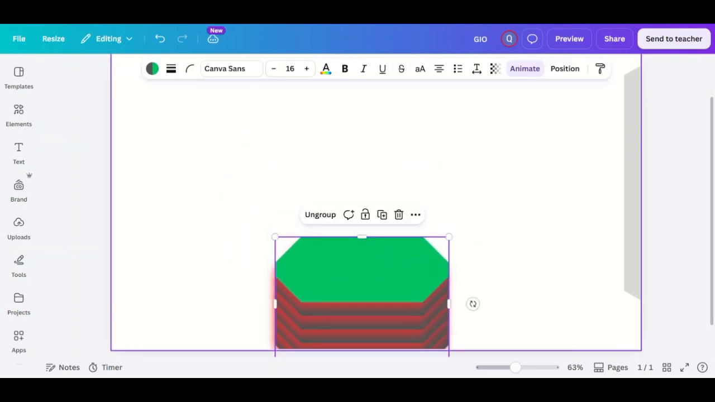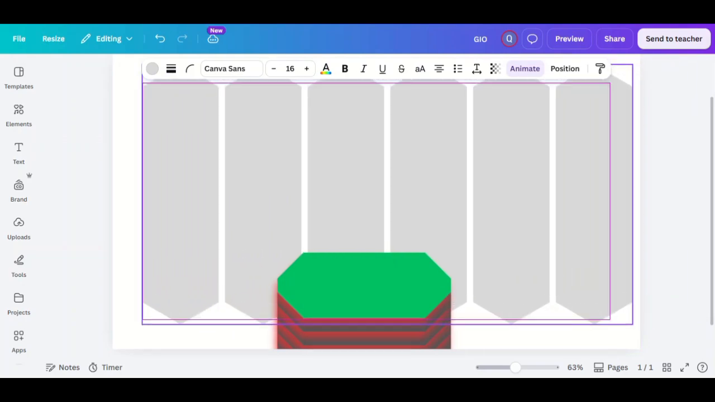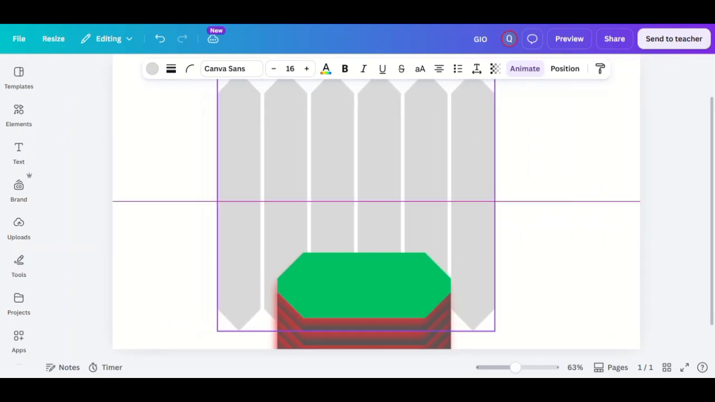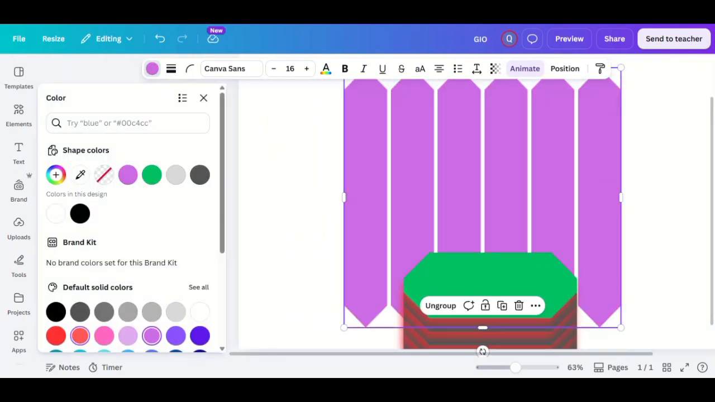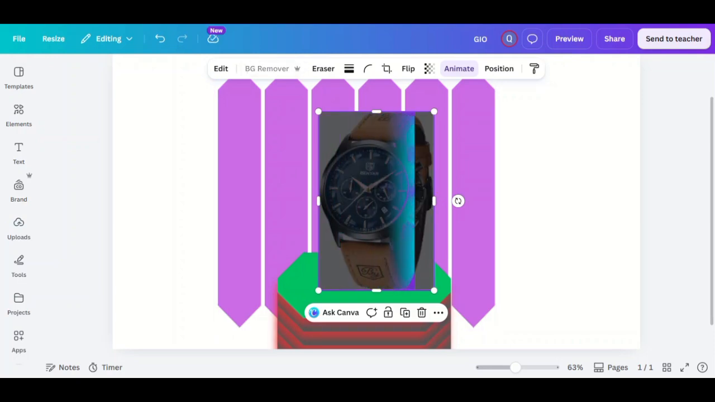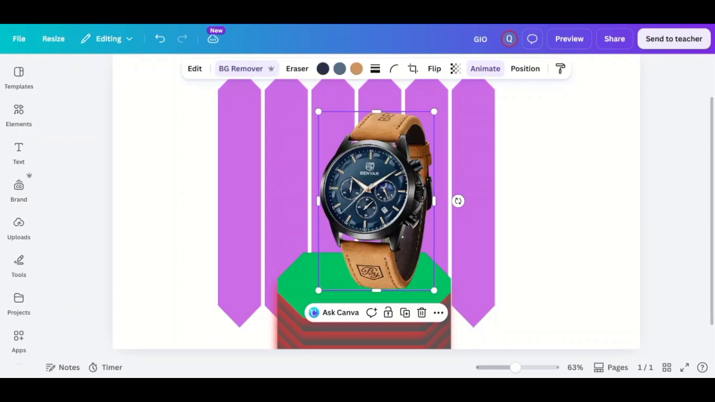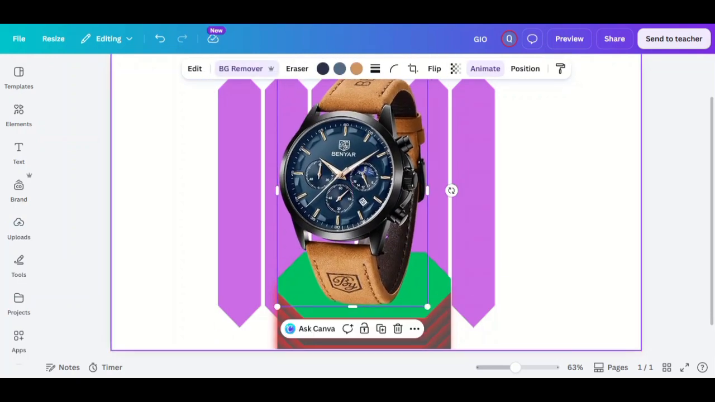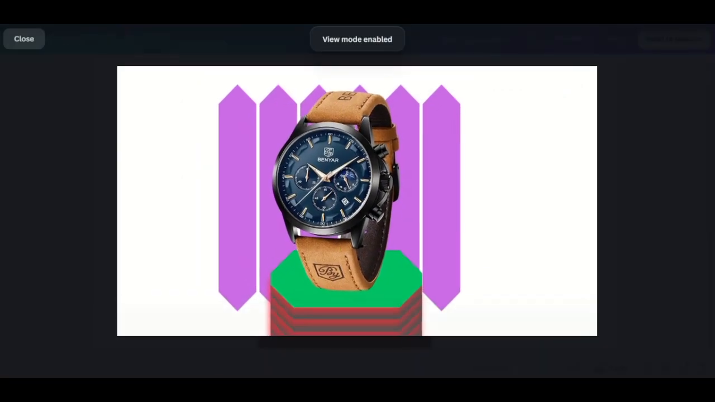Upload your product image and position it where the circular elements naturally guide the viewer's attention. Add a bold headline with a modern font, followed by a brief product description and pricing information. Choose only 2 or 3 colors to maintain a